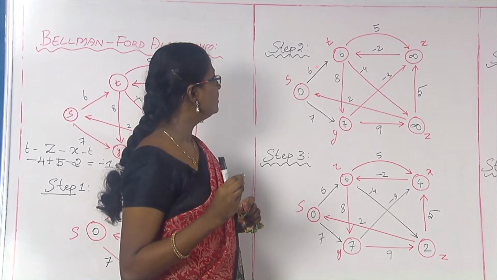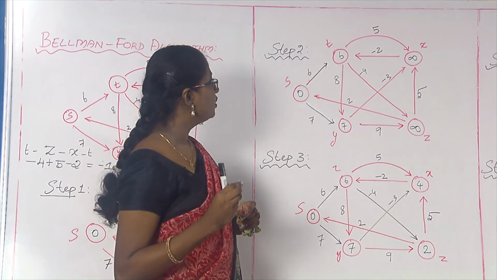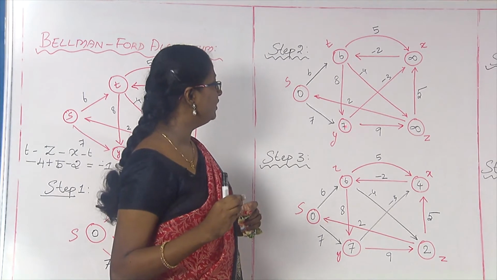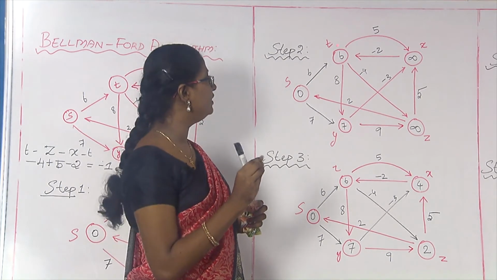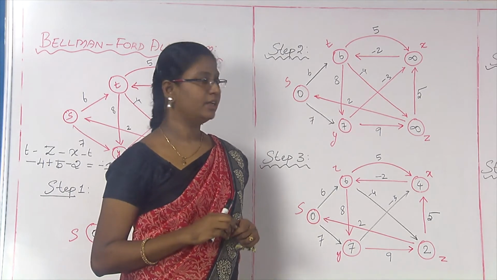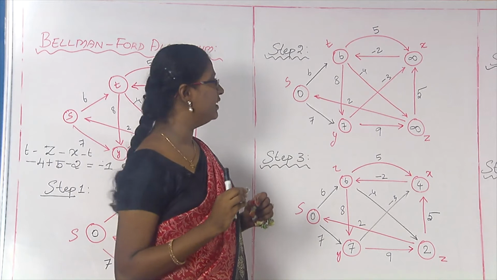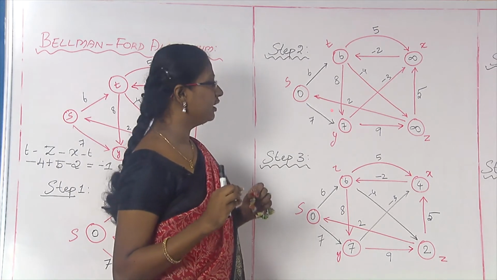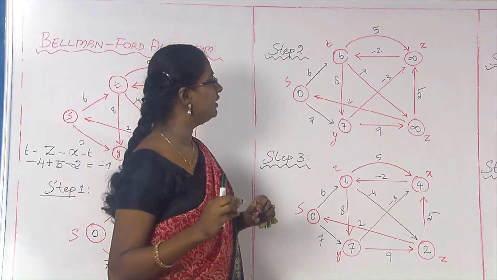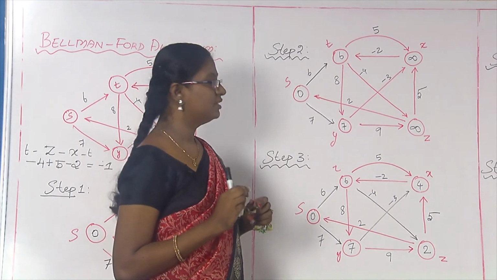This is an arc with the weight 6, with the distance 6, and this is an arc with the weight 7. So, what I am going to do is substitute the distances 6 here and 7 here, because we already had infinity in these 2 places. Comparing infinity and these numbers, the minimum is the number. So, I am going to substitute those numbers here, which means from S to T as of now the distance is 6, and from S to Y the distance is 7, and all others I have kept as such. Here the distance is infinity, here the distance is infinity. I haven't altered anything else in the arcs. So, this is our second step.